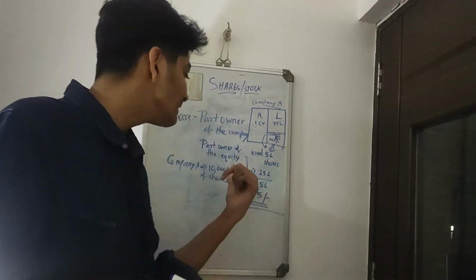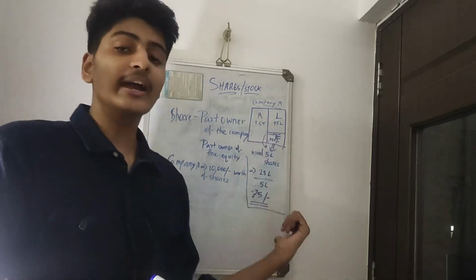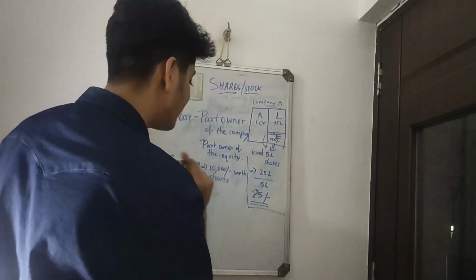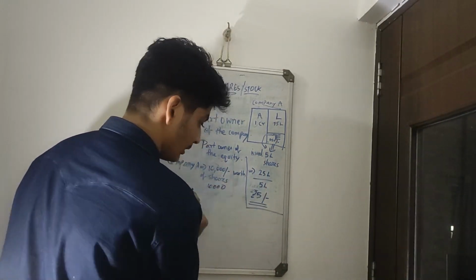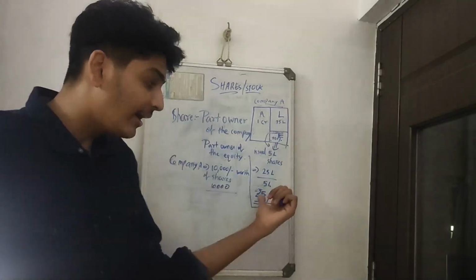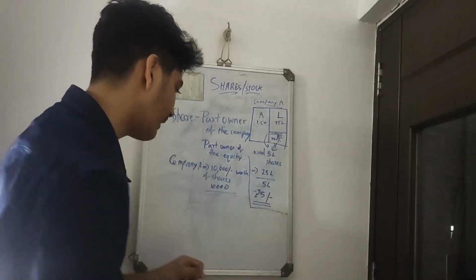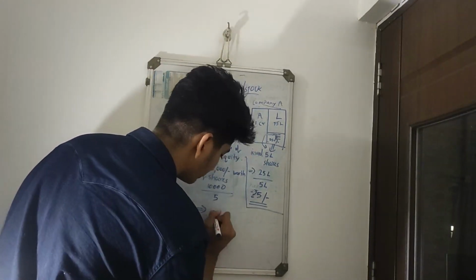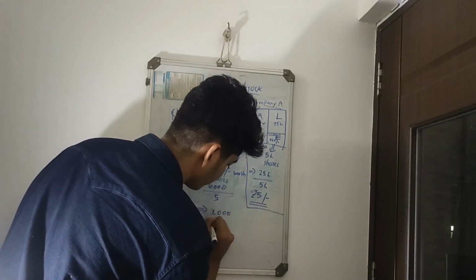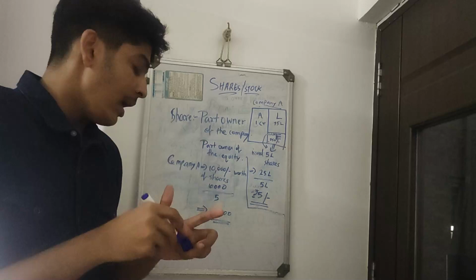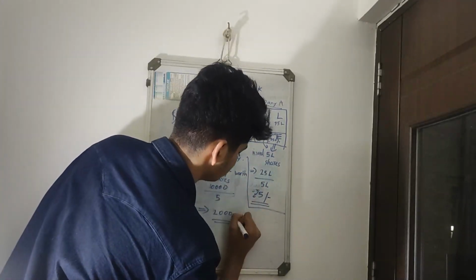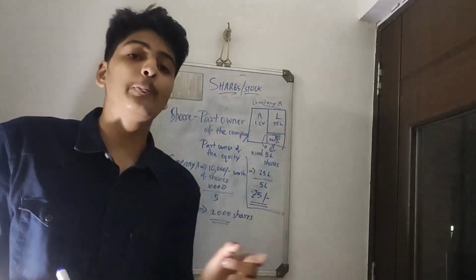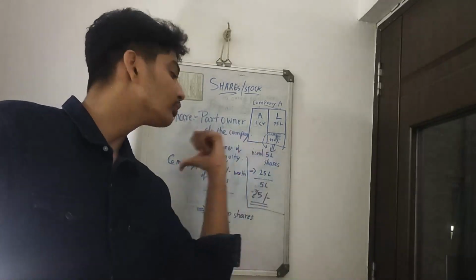Now let's just say I bought 10,000 rupees worth of shares at 5 rupees per share. So how do I calculate the total number of shares I got? I just divide 10,000 by 5 rupees, which I paid for one share. Turns out to be how much? 2,000. What does this mean? I bought 2,000 shares of company A, which was worth 5 rupees per share, which translated into 10,000 rupees worth